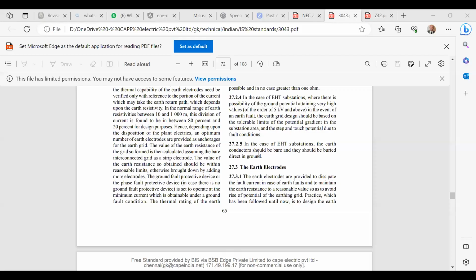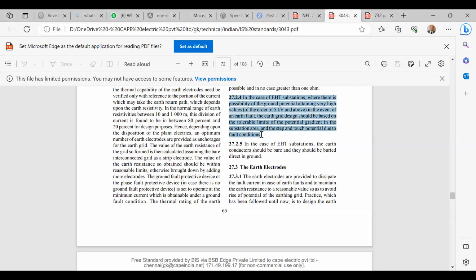For LT system TNS, one moment. I am showing the IS 3043. One moment. Let me switch off my phone. It is ringing. Yeah. You see here,